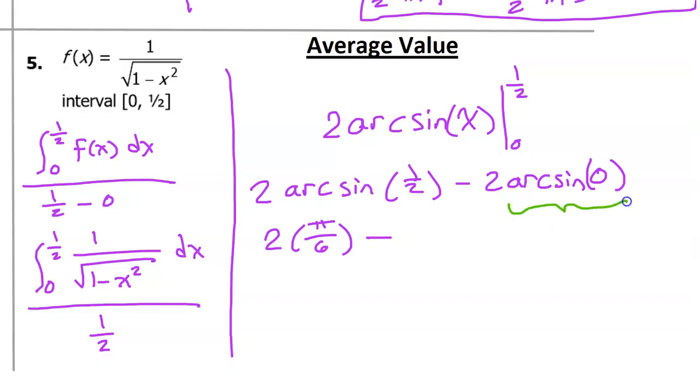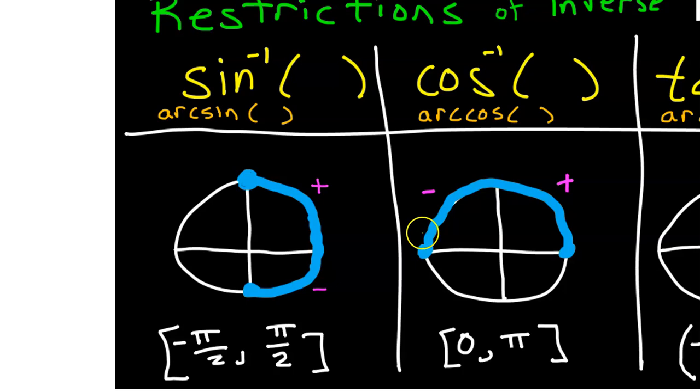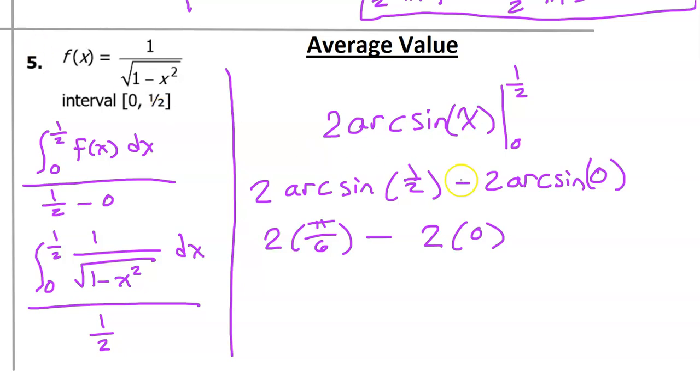What about arcsine 0? Ask yourself the sine of what angle is equal to 0. The angles that pop into my head are 0 or pi, but which one of those fall within the restricted values of arcsine? Only 0, not pi. So the arcsine of 0 is 0. 2 times 0 is 0, so this term is gone. And we can reduce this a bit. 2 goes into 6 3 times, so we end up with pi over 3. And this is the average value